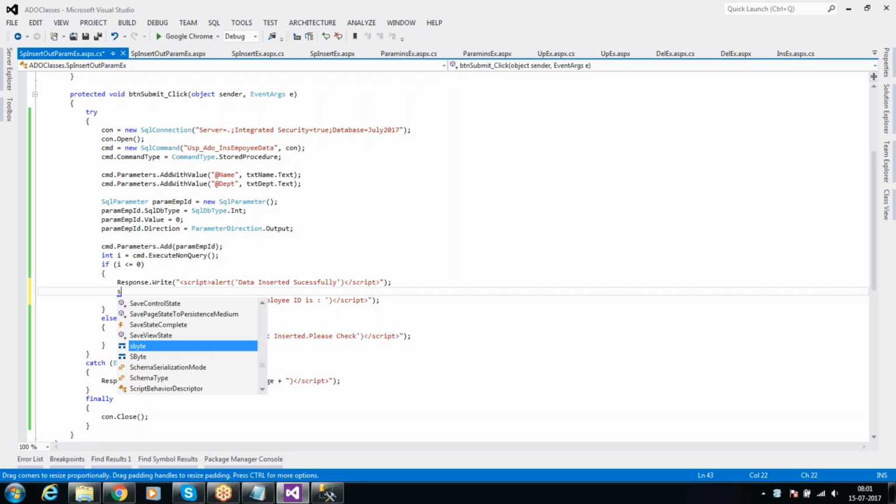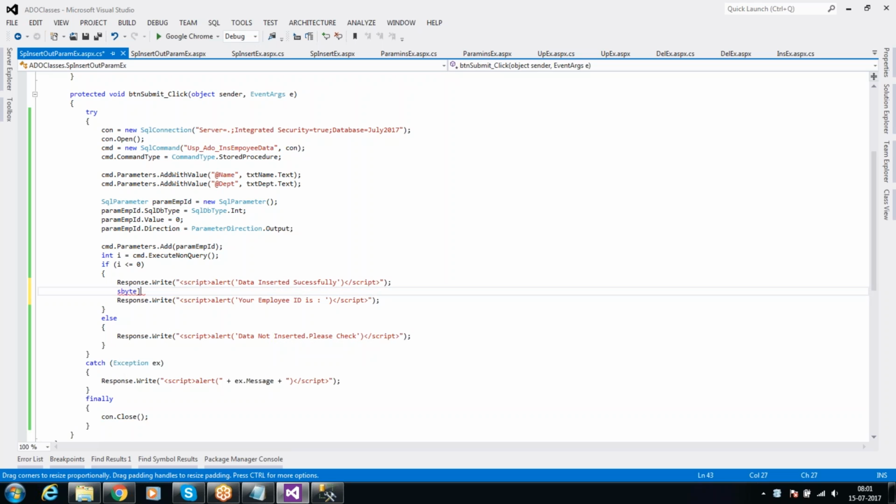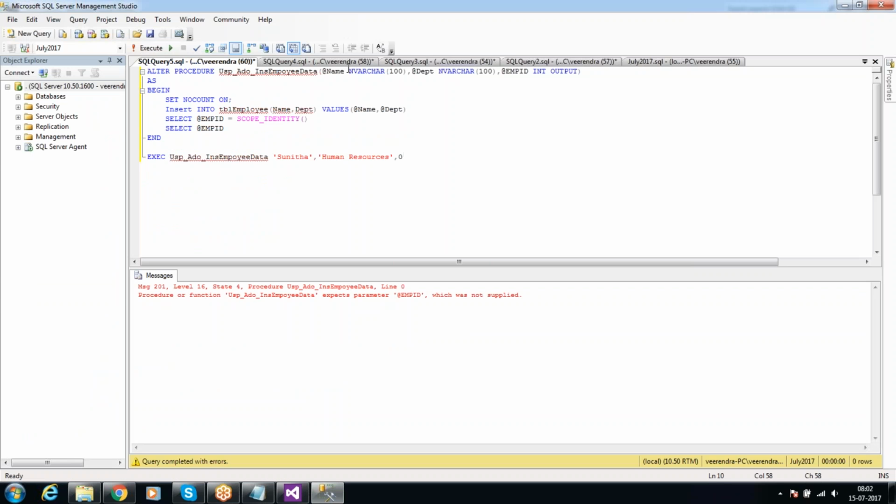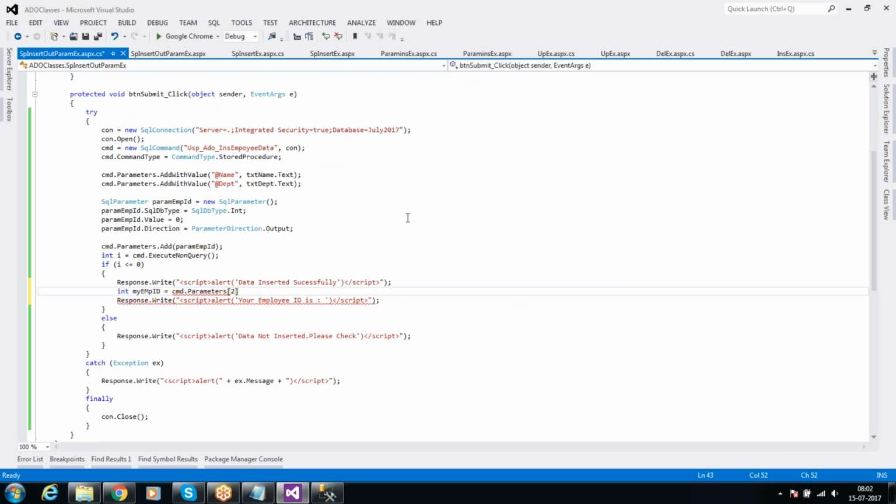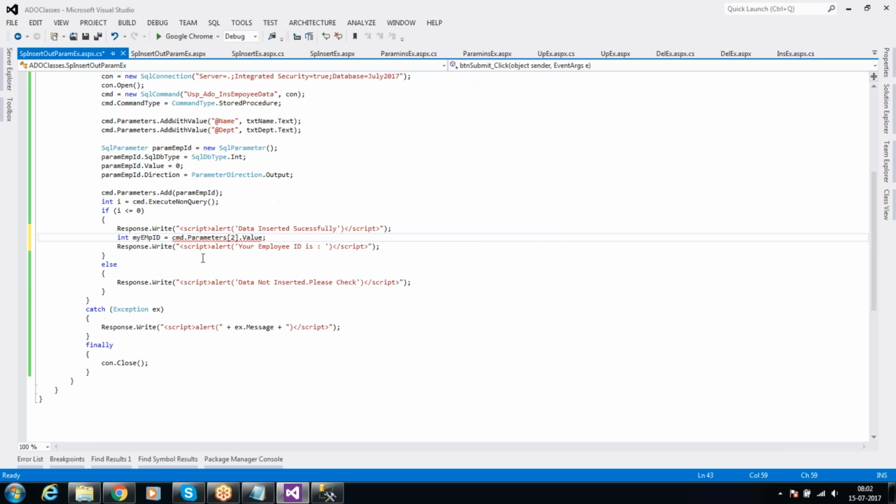So here I would like to take some int myEmpId. I would like to take one variable here equal to cmd.Parameters of what is the count of this parameter. So count means 0, 1, 2, right? So the parameter count is 2 dot Value. Okay, so here I'll get 2 dot Value. So you can convert this to integer, Convert.ToInt32 of,